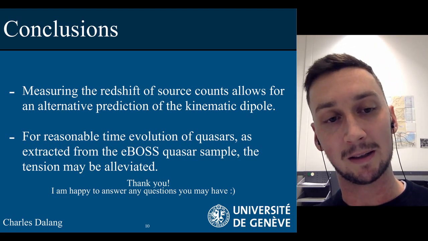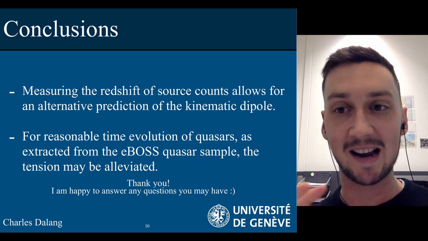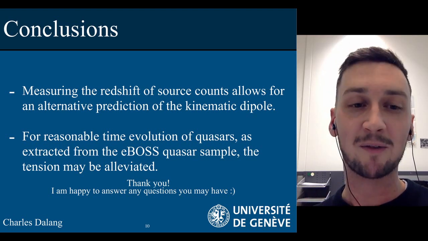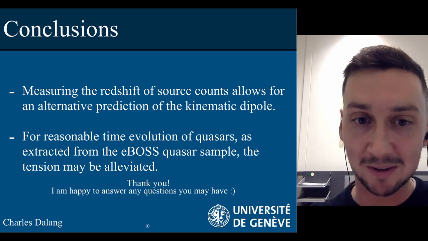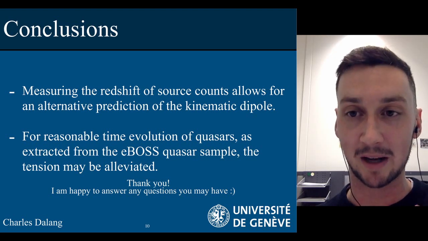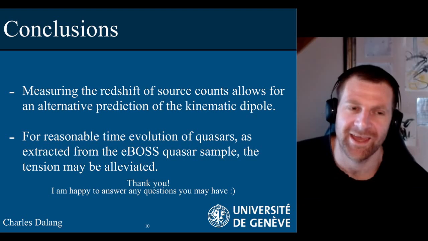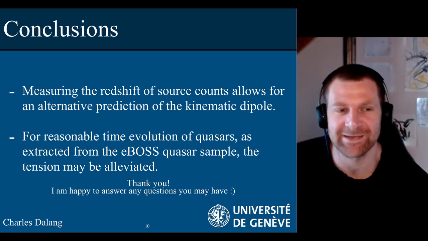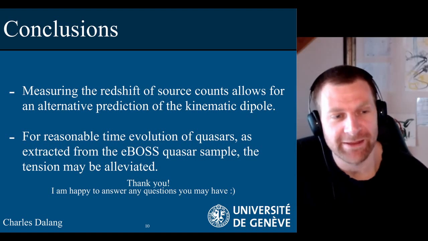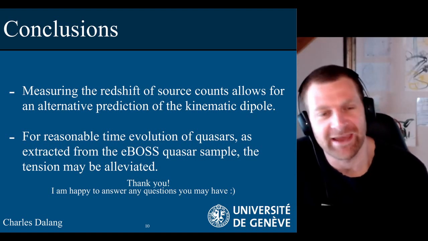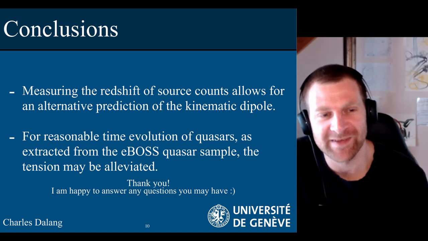And then maybe this is slightly oriented as a sentence. For reasonable time evolution of quasars as extracted from EBOS, the tension may be alleviated, but it may also be strengthened. Yeah. I mean, that second sentence, I think, is priors do a lot of work there. If you're convinced a priori that there is no tension, you can read this and be like, yeah, okay, there's no tension. If you're not convinced there is no tension, then you have to be like, why would I expect